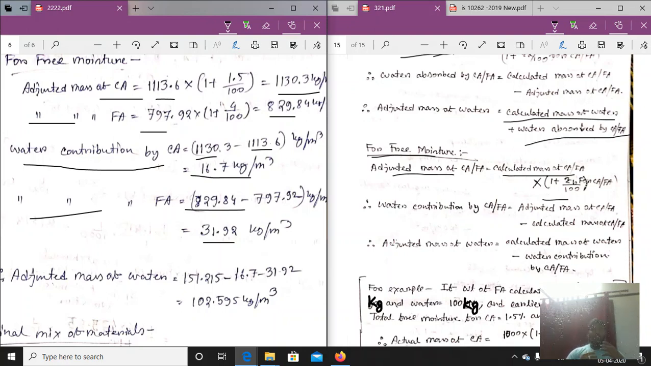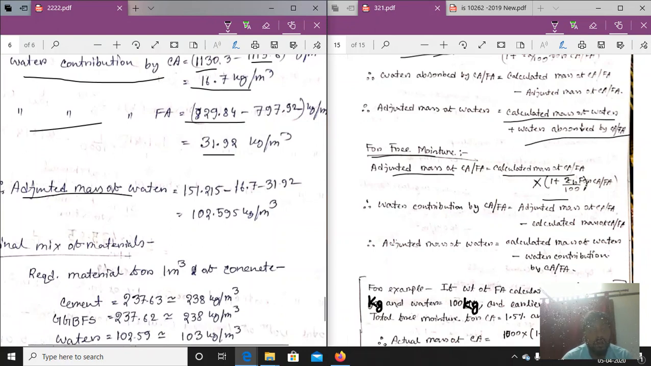This water has been contributed extra in the mix. So from the total mix we have to reduce that much water, because now the water will be more than that. As the total moisture has been given, we have to reduce that extra moisture from the actual water. So the actual adjusted mass of the water will be